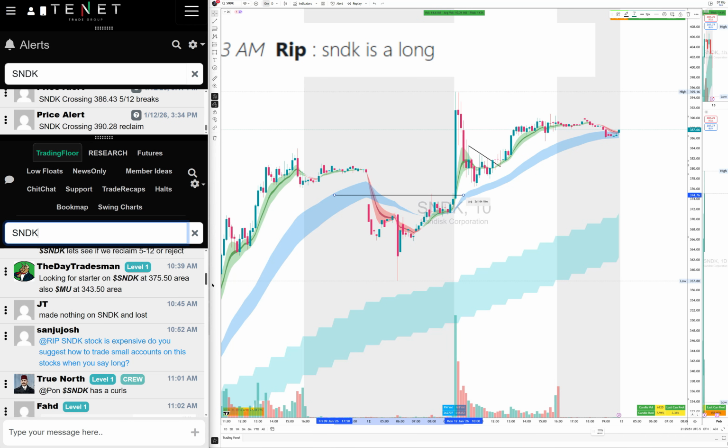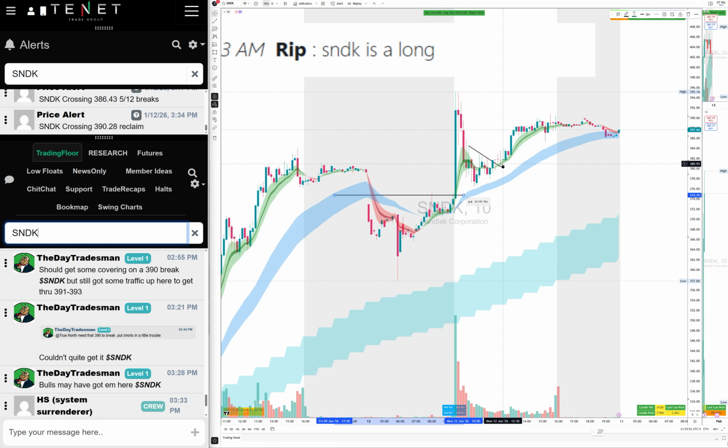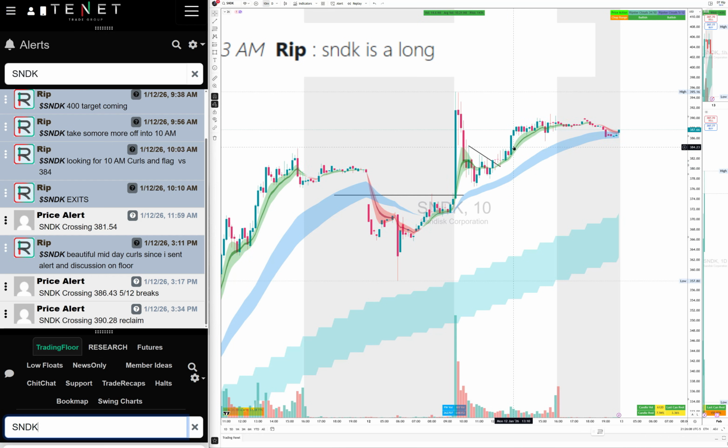and literally we go to those calls and we ran from that level 380 all the way to 389. You could make another $9. You're risking $2, making $9. It's a beautiful trade there on SNDK. So the morning setup long as per the pre-market guidance, and then midday calls right there from the 512, the repeatable setup. 2 setups on SNDK.